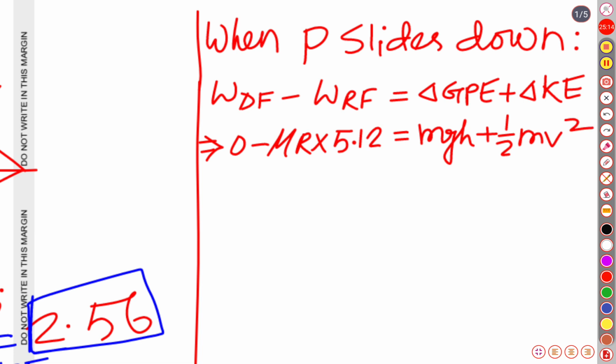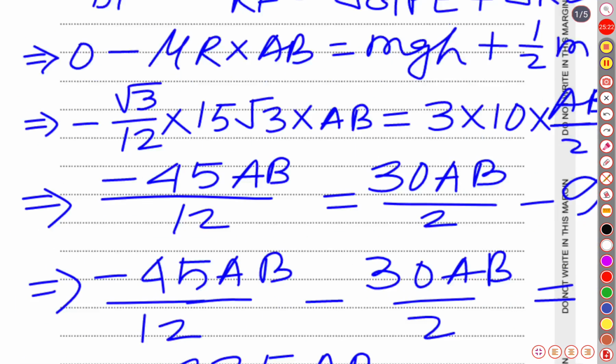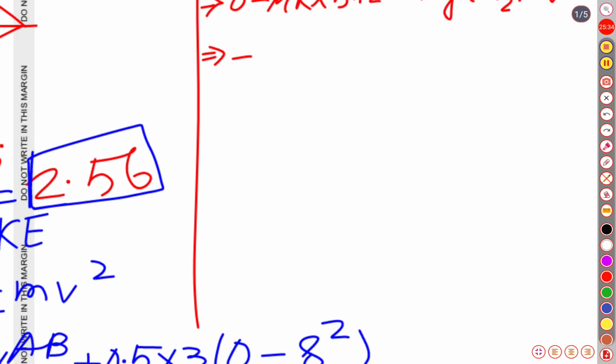That means final velocity minus initial velocity. Minus mu R, mu was 0.4, we have applied already over here. We can directly write this, it was negative 45 over 12, then AB. So simply we can substitute this,